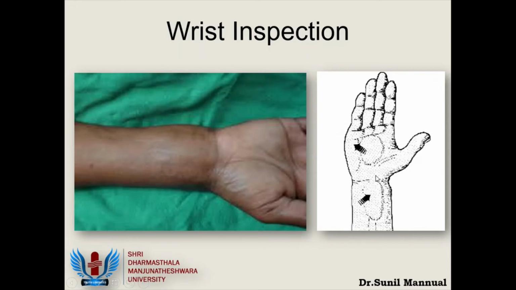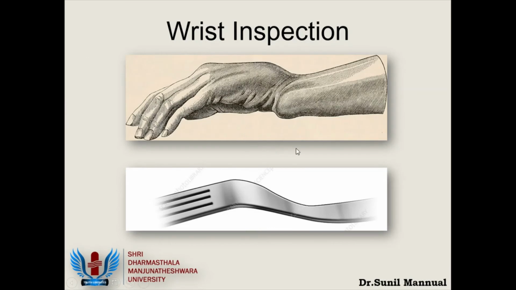Here, on another inspection from the side, you are able to see that there is a deformity of the wrist. I told you a few points that you have to look for when you are doing the wrist examination. One of the things that I missed out was telling you about looking for deformities. So this is where you look for deformity. This is a typical deformity that looks like a dinner fork, so it's called a dinner fork deformity, and it happens secondary to a malunited distal radius fracture. This is also another